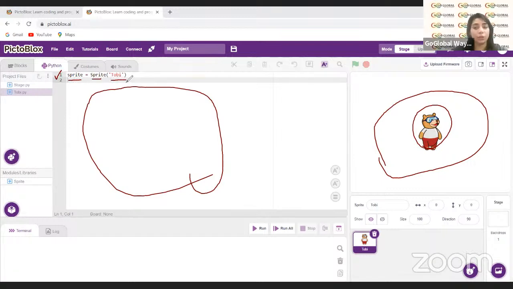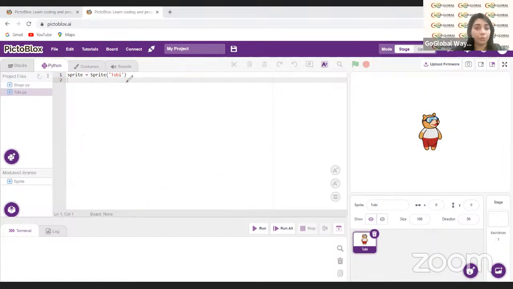Let me explain one thing, if you don't know about it: variables. What are variables? I can say that a variable is a box that holds some value inside it. So I have a box, and my box name is sprite. I can give any name to my variable. So my box name is sprite. And inside the box, I have some data. And this data is